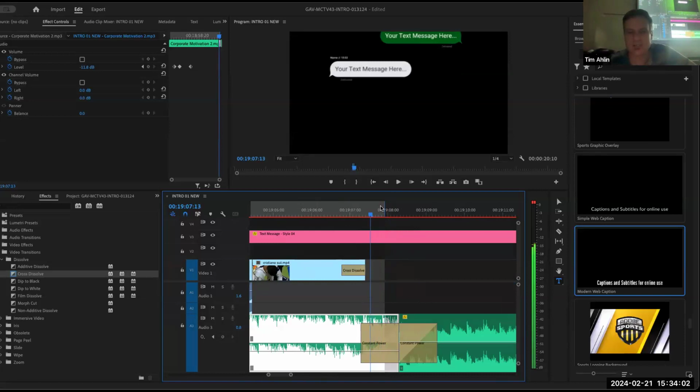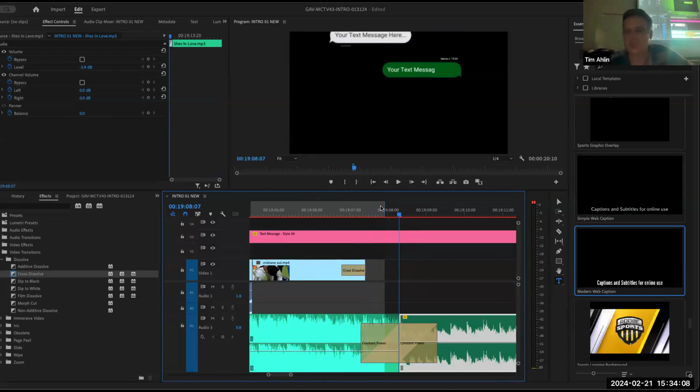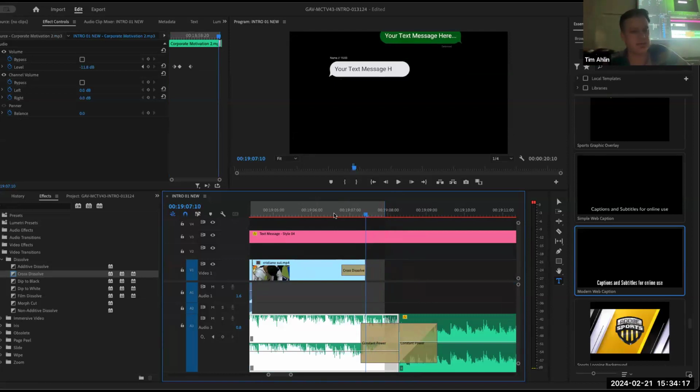and what I can do is I can go frame by frame. The left and right arrows let you go frame by frame. But what's notable is if I use the up or down arrows, the up or down arrows lets me use my snapping and snap directly to the next media that's highlighted. And that's what these blue lines are.